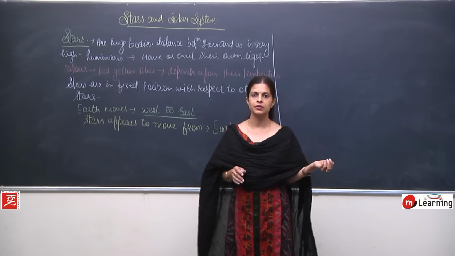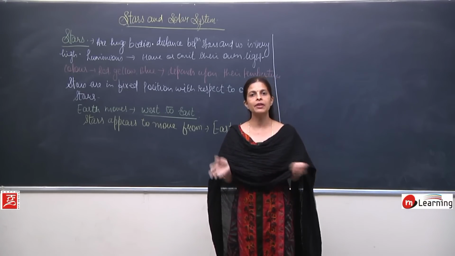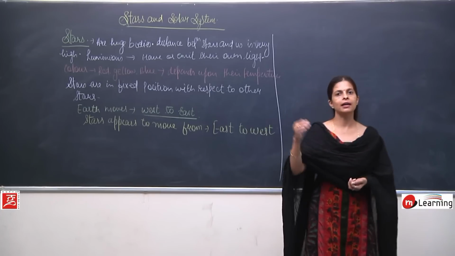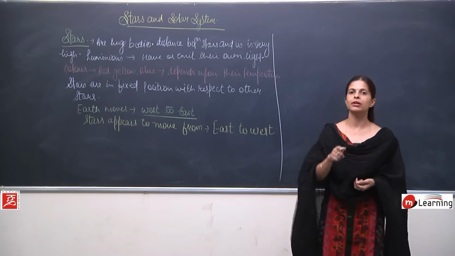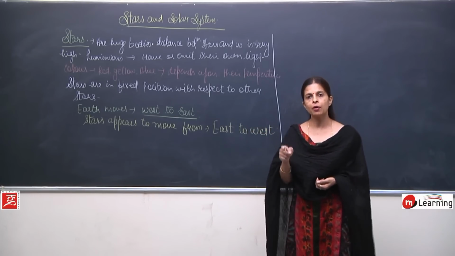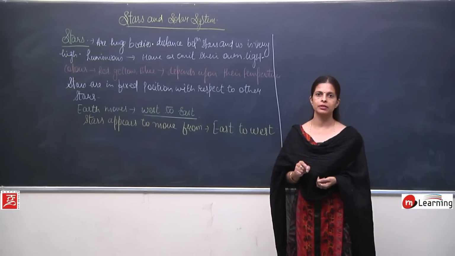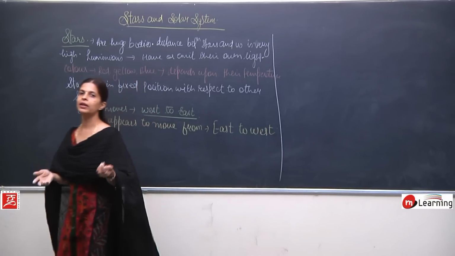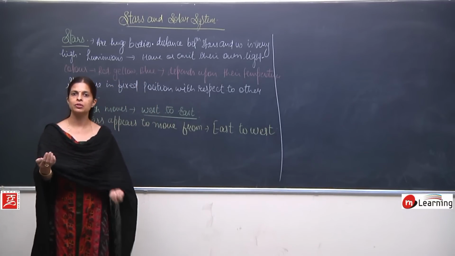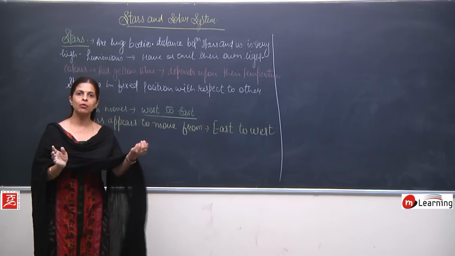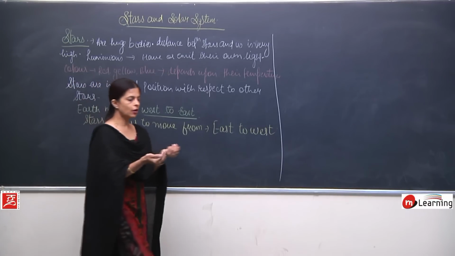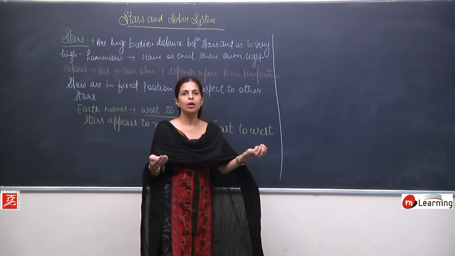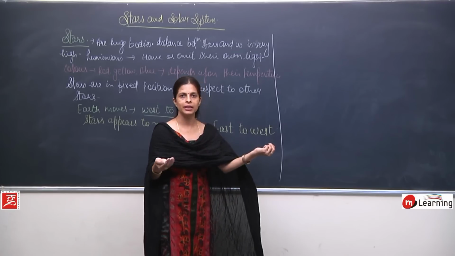moving, you are moving in one direction. But what do you feel? Even if the other train is standing there on the platform, you will understand that the other train is moving opposite to your direction. The platform is moving opposite to your direction. Why? Because when you are sitting in the train, you are moving, and so all the things which are left behind appear to move. Automatically it seems that these things are moving in the opposite direction. You are moving here and these are moving here.